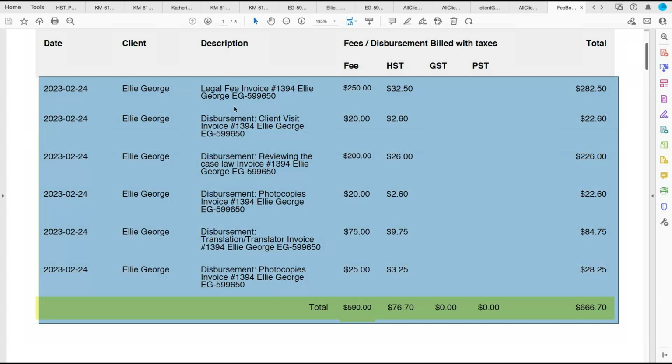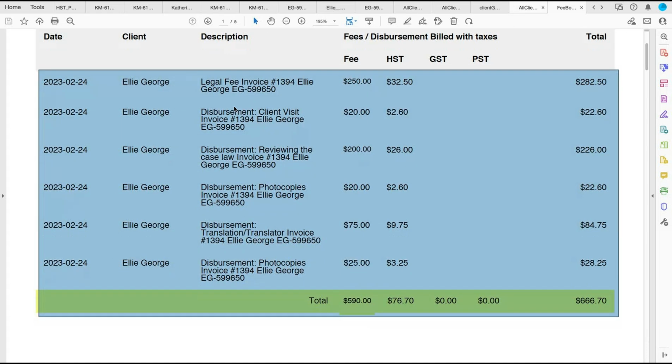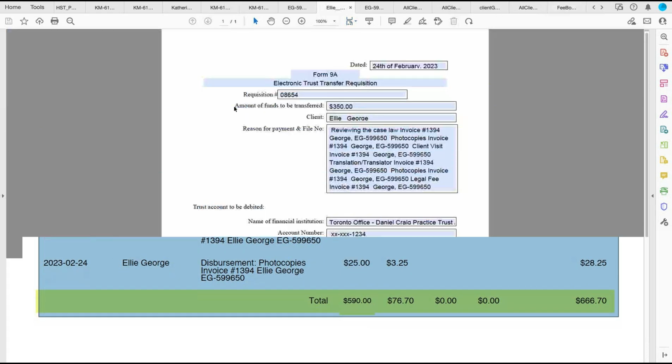So remember, you don't see the $150 trust payout here because it is directly paid out of trust. You didn't invoice your client to bring that into general account. So it was never included in your invoice. As in, it was included in your invoice to show the client as a trust payout. That is why it didn't come in the second page. If you closely look at the invoice,